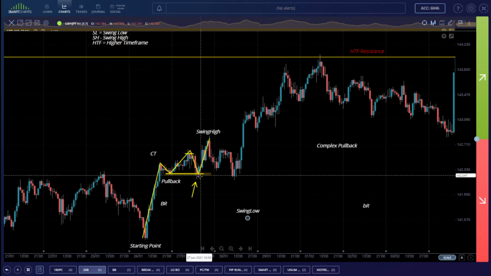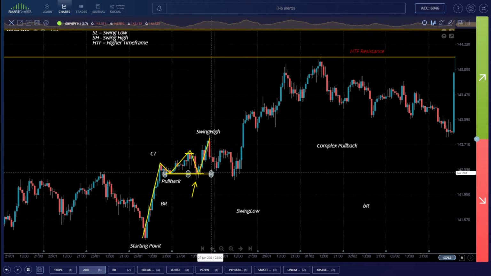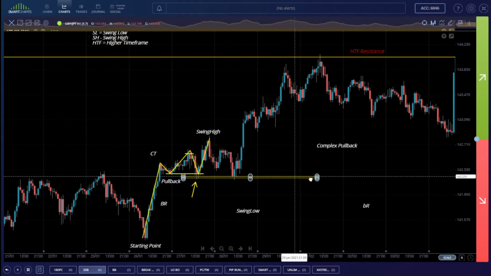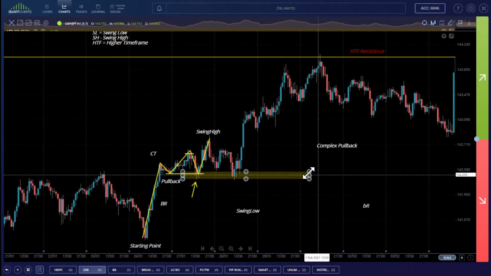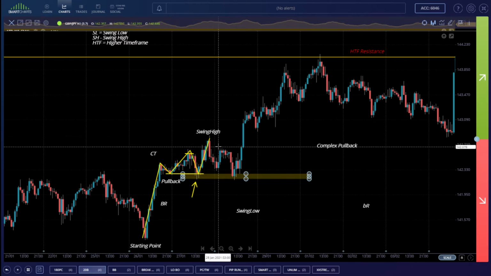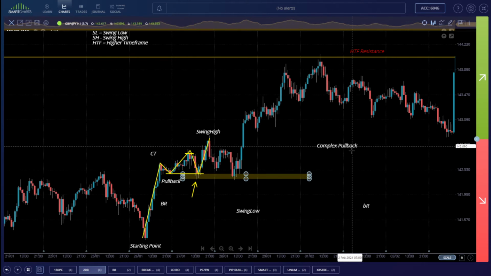The trend is still up, because this isn't your most recent swing low. The trend is still up until the candles close below it. Okay, so if I put it on the bottom of those wicks, you can see that these candles never close lower. Trend is still up, but because this doesn't look like a clean pullback, this one's a complex pullback,